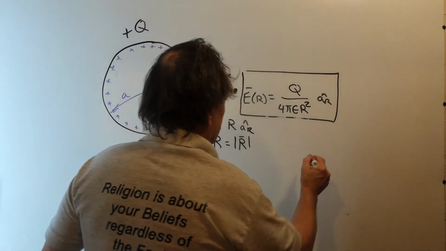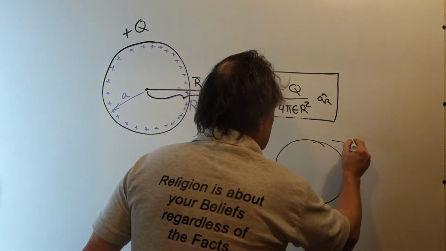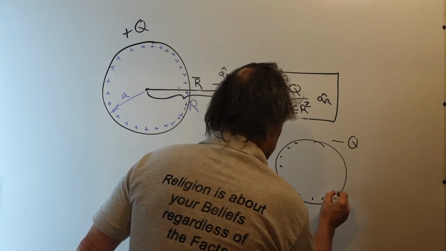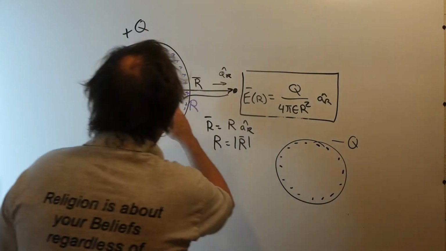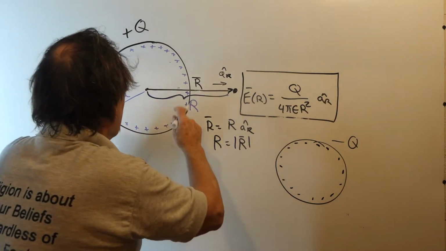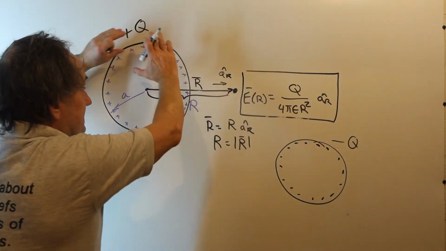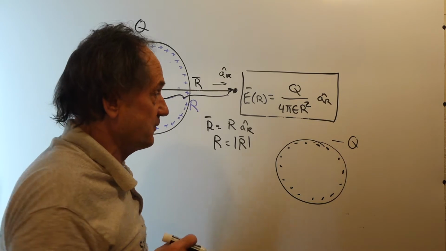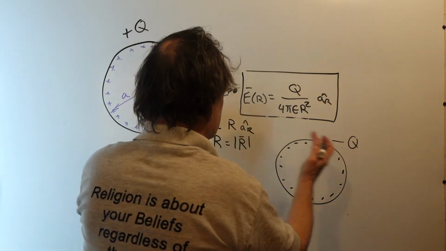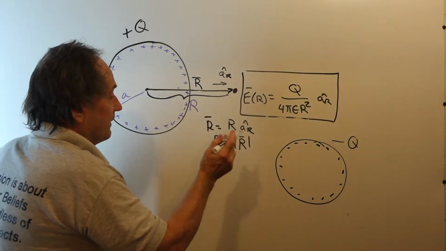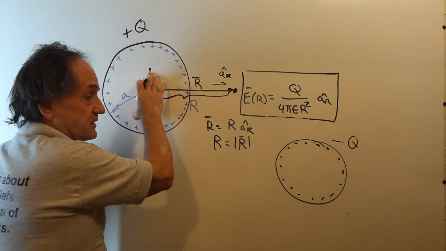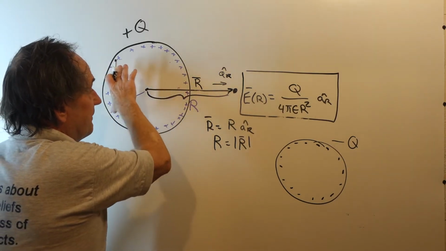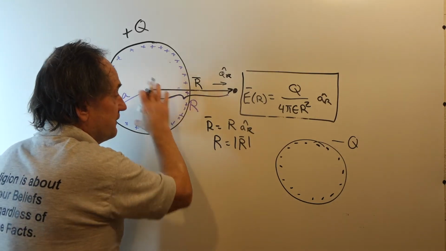If we have another sphere, say with minus q on it, with charge uniformly distributed, that's way far away from this sphere. This is true if each sphere, say, is isolated in space and we put a charge on it, the charge will uniformly distribute itself on the surface of the sphere. But when we bring the two spheres together, then the field of this sphere induces charge on this sphere, causes some of the charge to migrate,